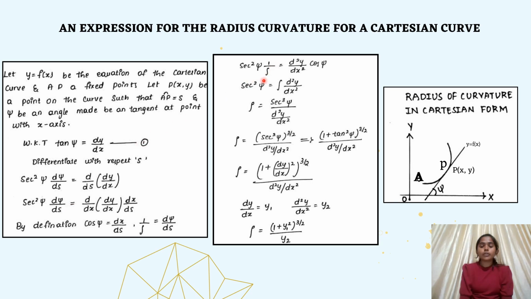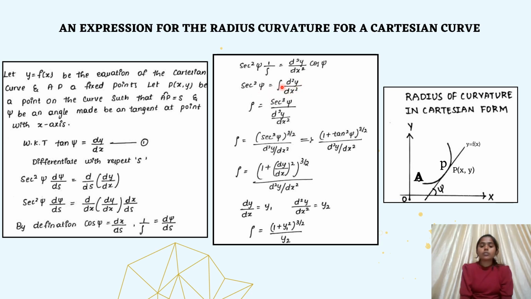So secant square psi into 1 by rho equal to d by dx of dy by dx, which is d square y divided by dx square, and dx by ds equal to cos psi. Finally, it becomes secant square psi into 1 by rho equal to d square y divided by dx square into cos psi. Shifting 1 by rho to the LHS, secant square psi equal to rho into d square y divided by dx square,